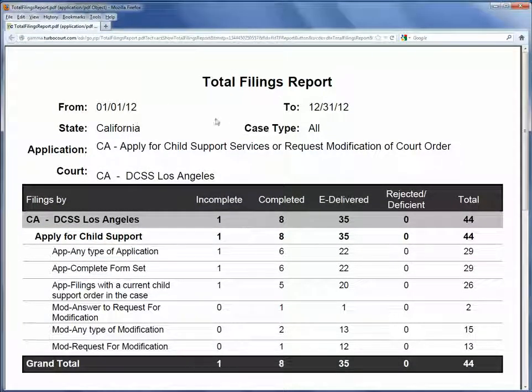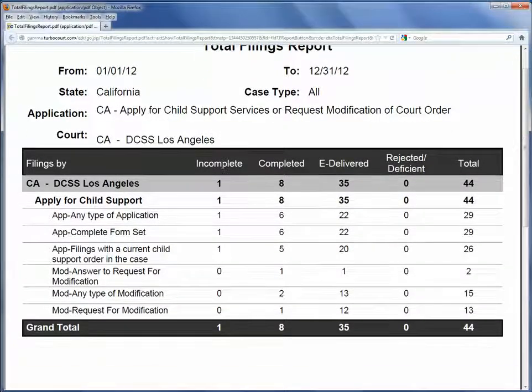And so it shows my date range that I selected and obviously the location. And this shows the number of completed submissions, incomplete, meaning partially completed, the number that are delivered, the number that have been marked rejected or marked deficient. In the courts, sometimes they mark it as deficient, and then grand totals, and then that is broken up by